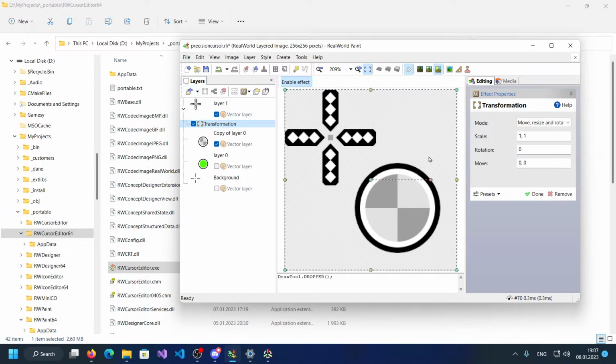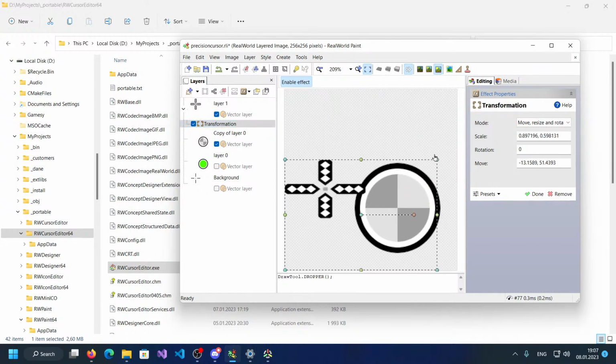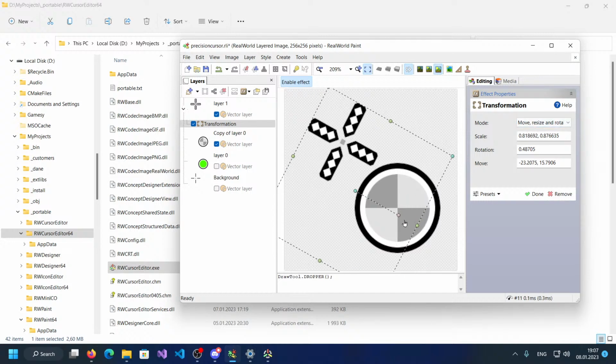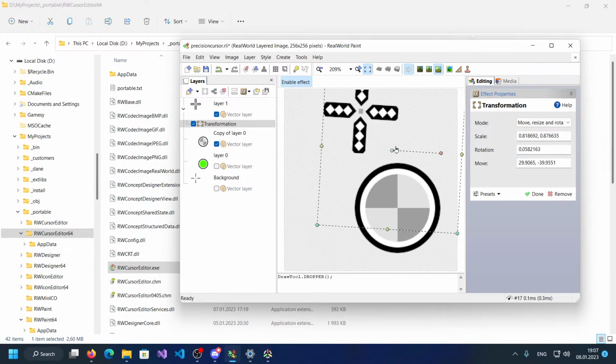So you can see that the transformation layer style now has these control handles, and you can use it just like the transformation tool to apply transformation to the content of the layer. You have two modes: the standard mode that you can use to rotate and scale the image and of course to move it,